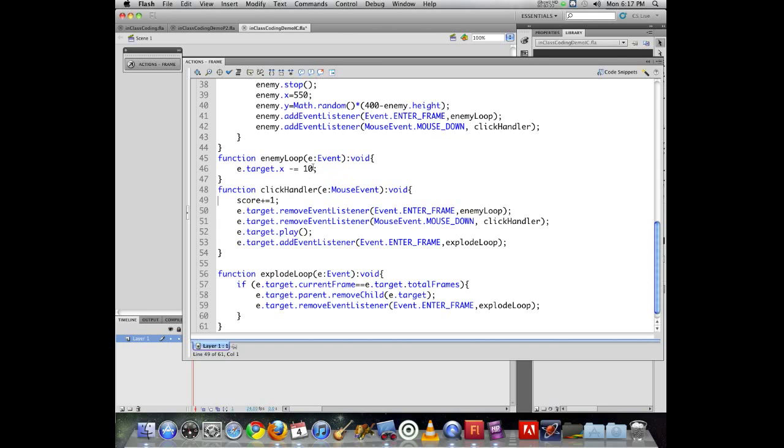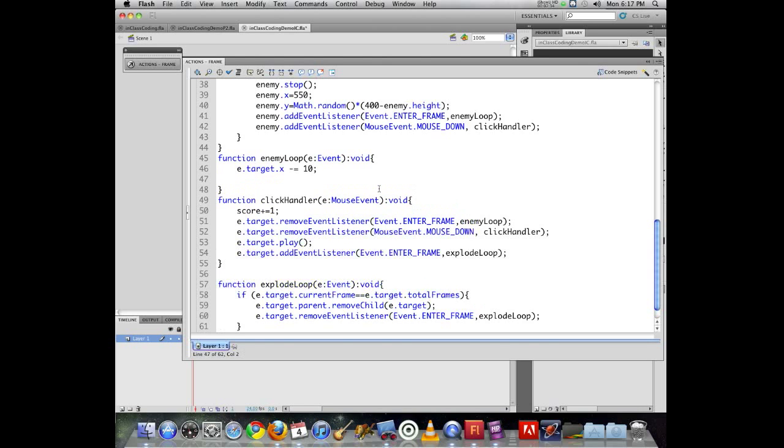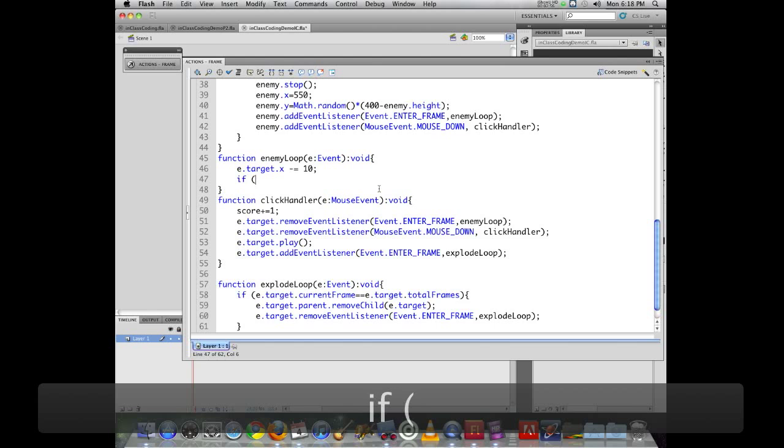So currently, the enemy loop just moves the object off screen. The enemy's off the screen. What we can also do within the enemy loop is check to find out, has the enemy gone too far to the left? Has it gone off the left-hand boundary of the stage? That left-hand boundary of the stage has a position of 0. So we're going to be using something related to that. So I can say if